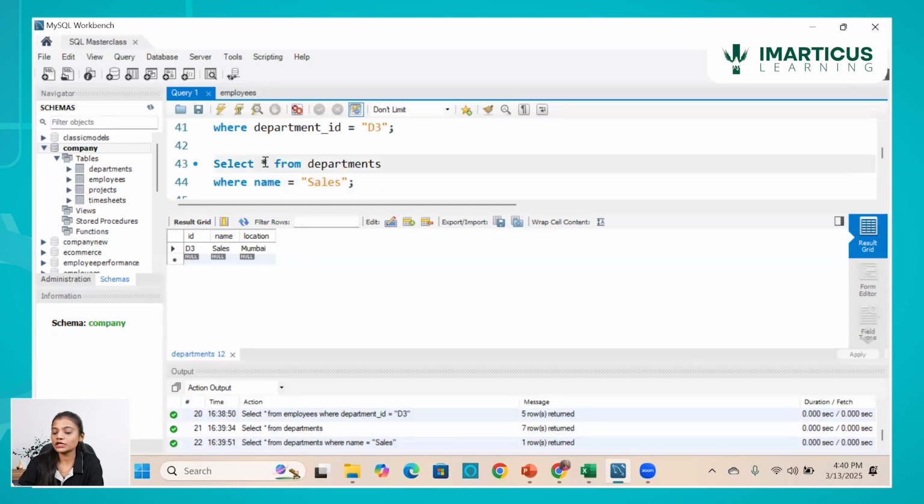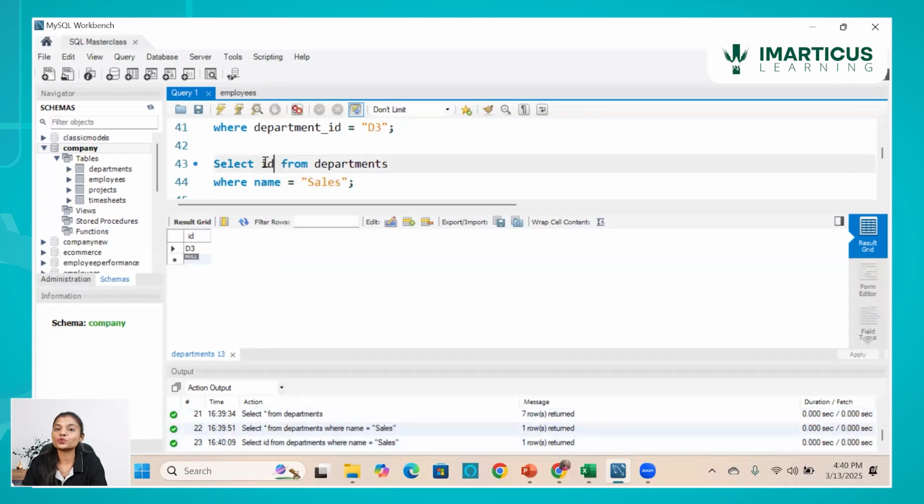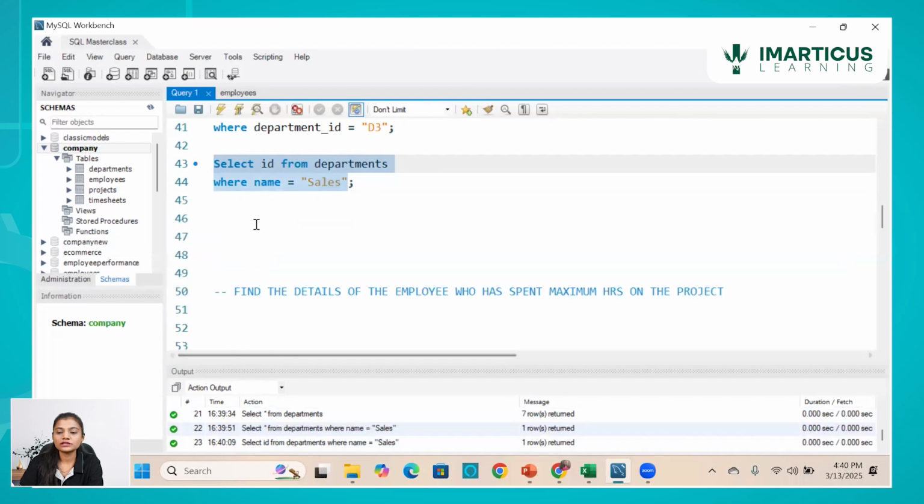So I will write that this ID I want to match with the department ID from my employees table. So here, this query I will be using as a subquery, that is within my main query. So how am I going to use it is select star from employees